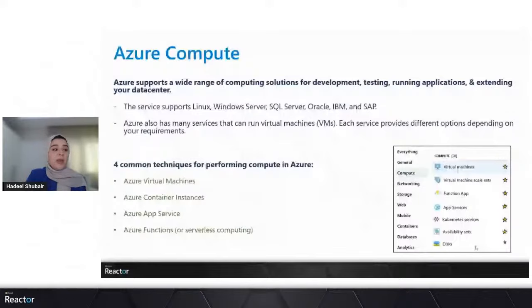These four categories are what we'll be exploring and talking about in more depth. Now, if you do have any questions so far, please let me know in the comments or in the chat box, and I'll make sure to reply to them.